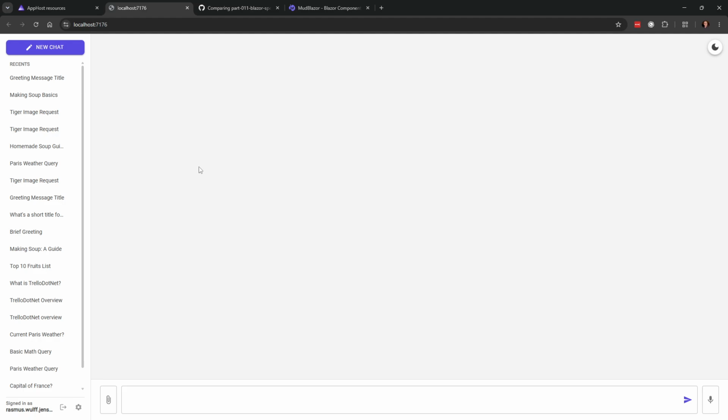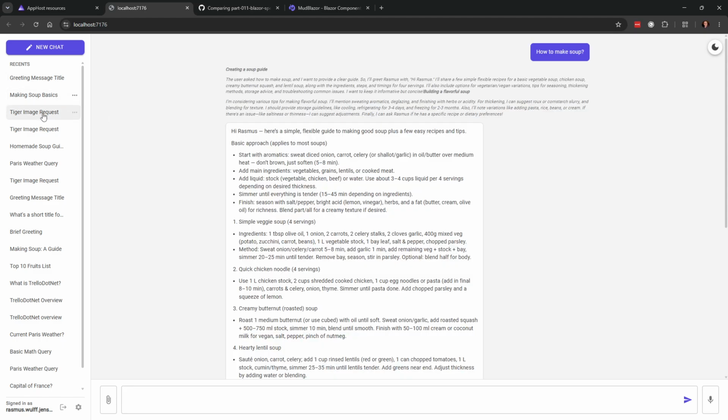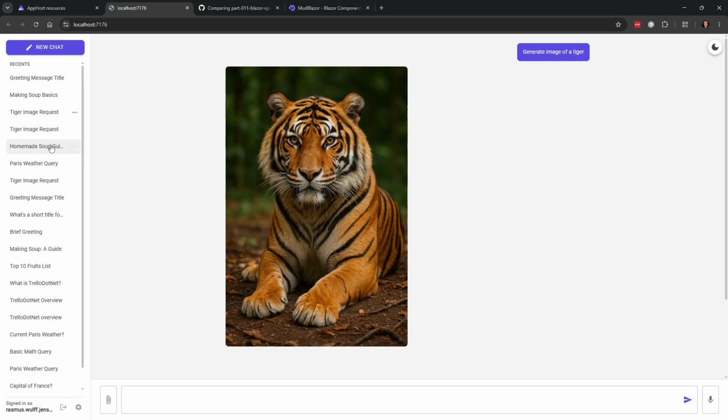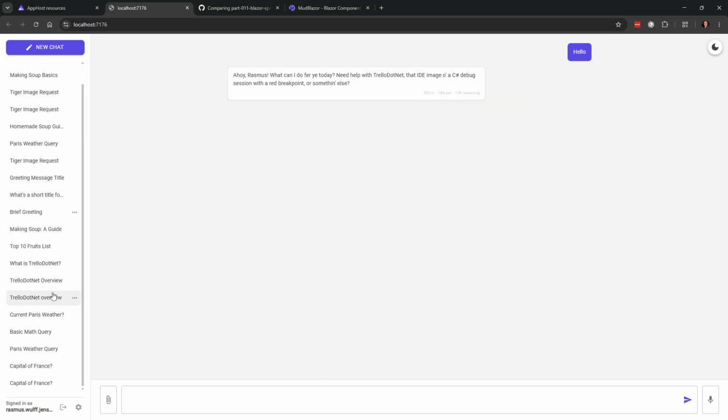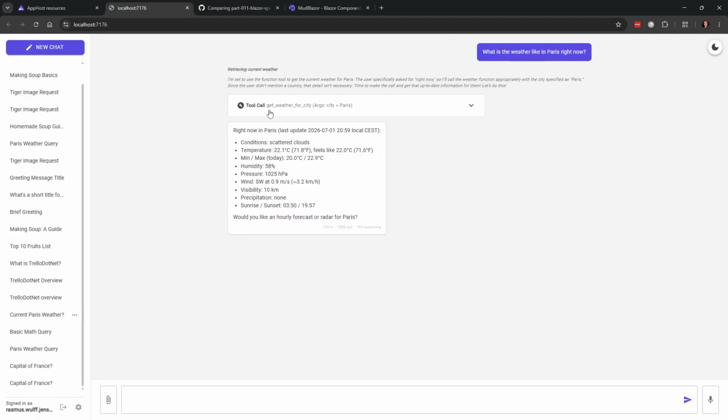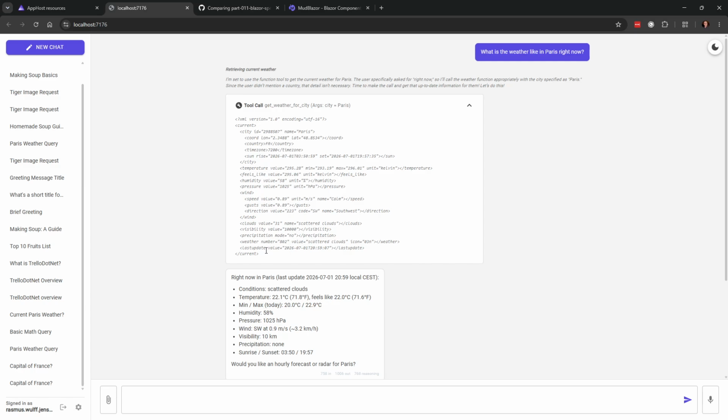So this is MudBlazor being used instead, looking roughly the same, but we have gotten rid of the sidebar over here, with new design features, and MudBlazor is just a slightly prettier way. Let's find a place where we use one of the tools. The tool calling looks a bit nicer. You can see the result here is now formatted. So let's go through case by case what I've done.